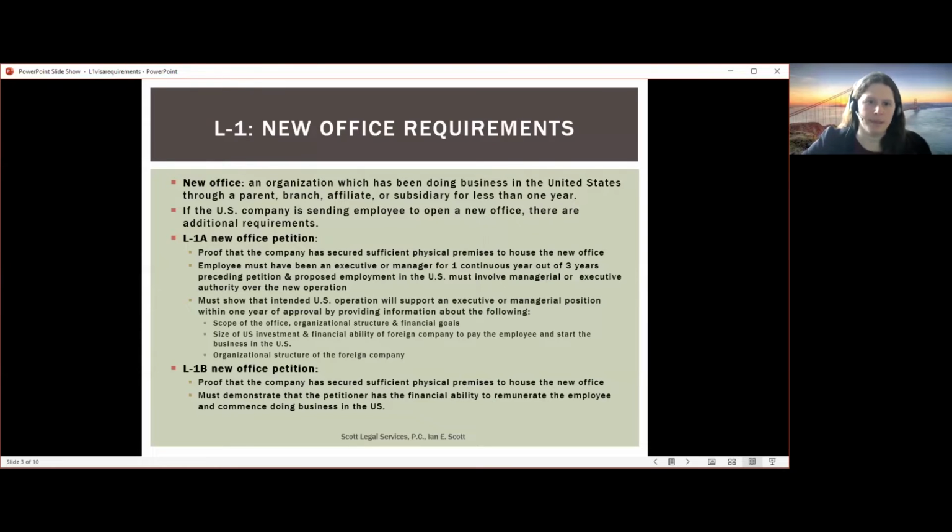If you're sending somebody over as an L-1A manager or executive, they must have been an executive or manager for 1 continuous year out of the 3 years preceding the petition. And in the United States, the role they're coming to hold must involve managerial or executive authority over this new operation. You also need to submit proof that the U.S. operation is going to support an executive or managerial role within 1 year of approval by providing additional information to the government